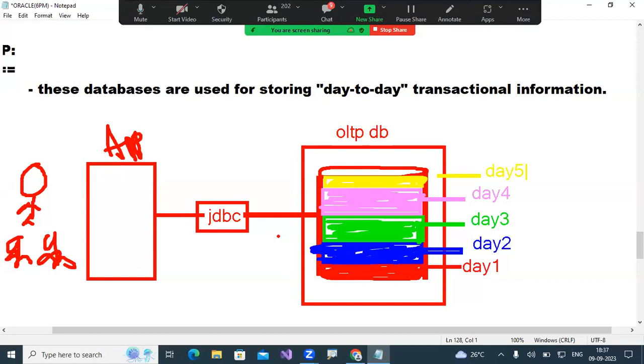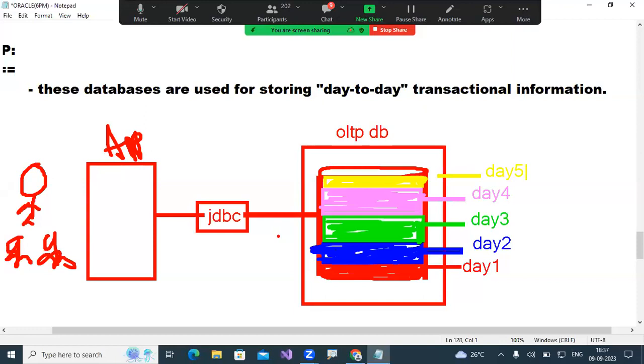There also, databases are in the backend. So databases are not only for present data storage. They can store the oldest data also. That is called historical data. So here the question is, I can't delete my day one data. I want to keep the data, but I also want to store the 6th day data.